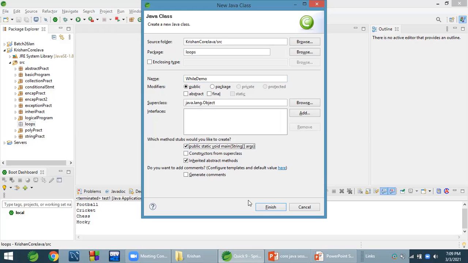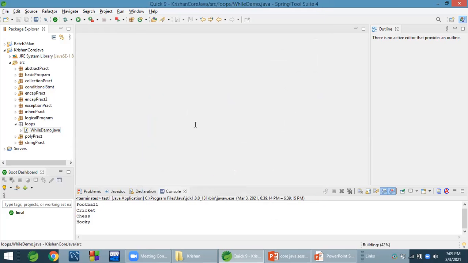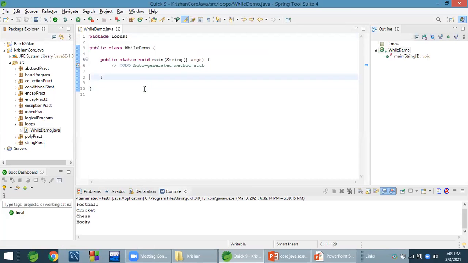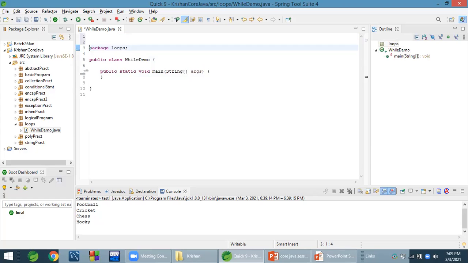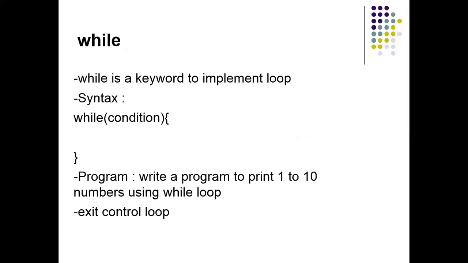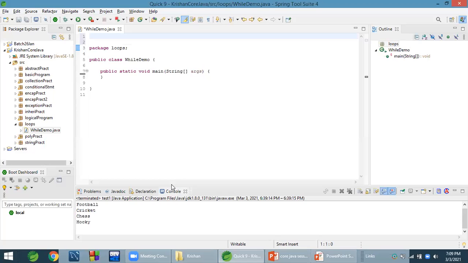Click on public static void main, click finish. We'll write one program: write a program to print 1 to 10 numbers using a while loop.